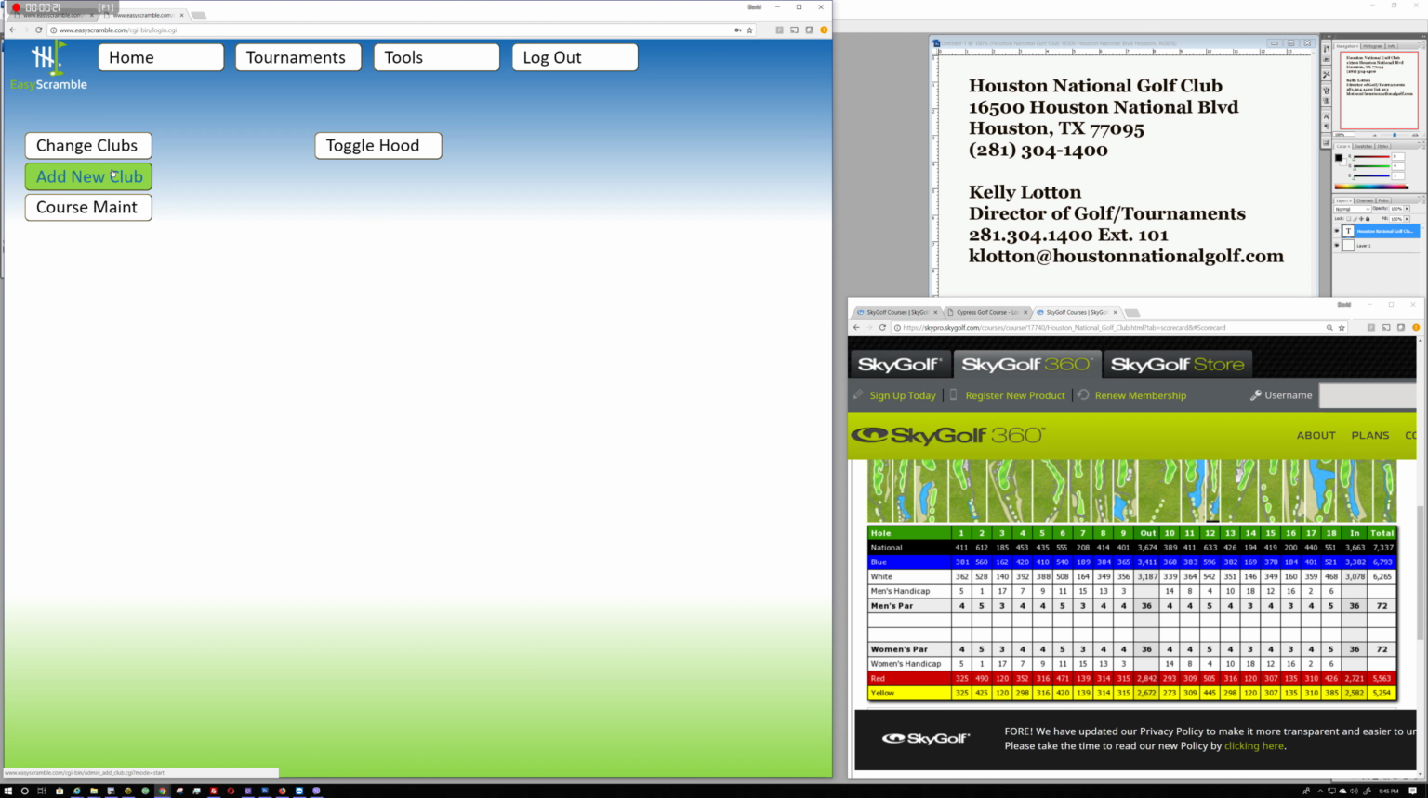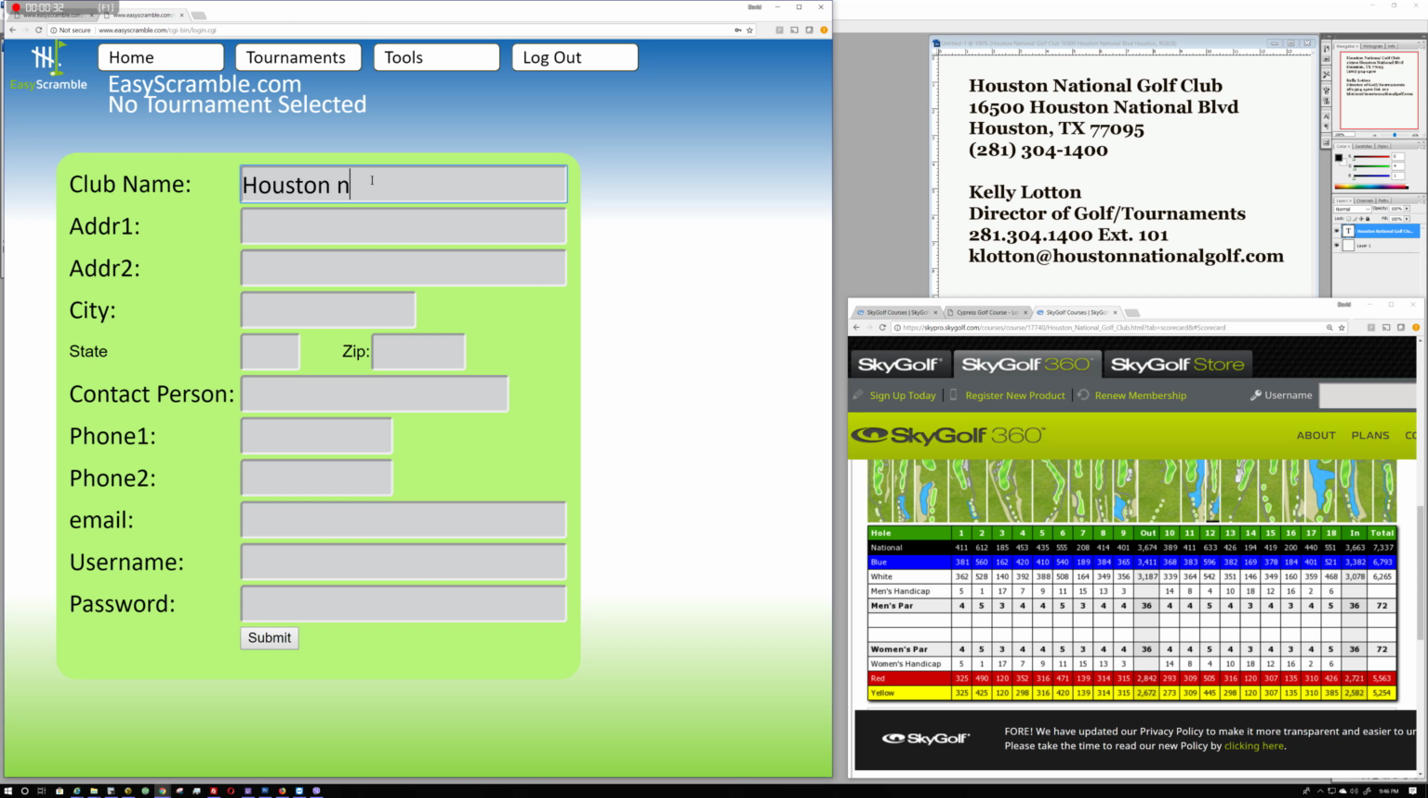Here's the club information. I've put it over here. And I'm just going to type that in. Houston National Golf Club, 6500 Houston Boulevard, Houston, Texas